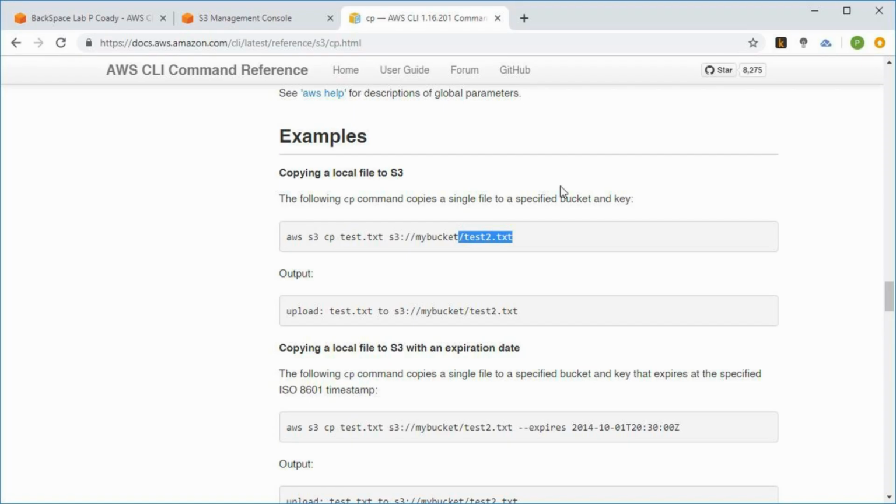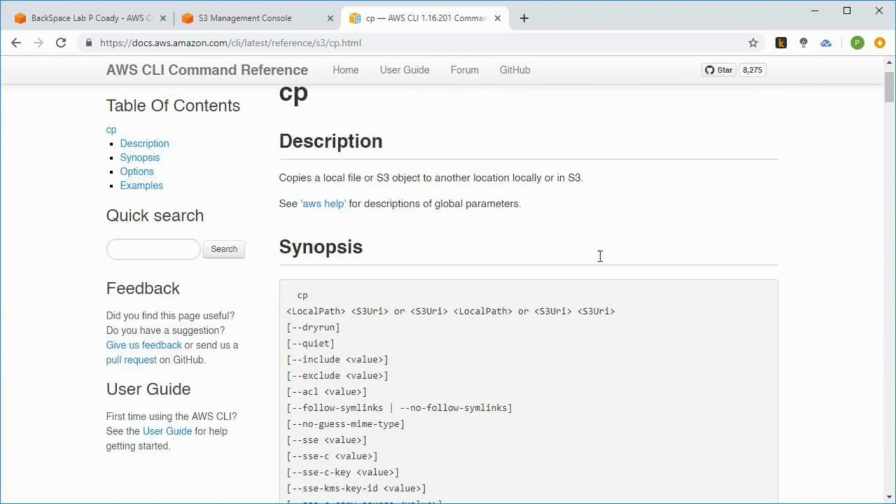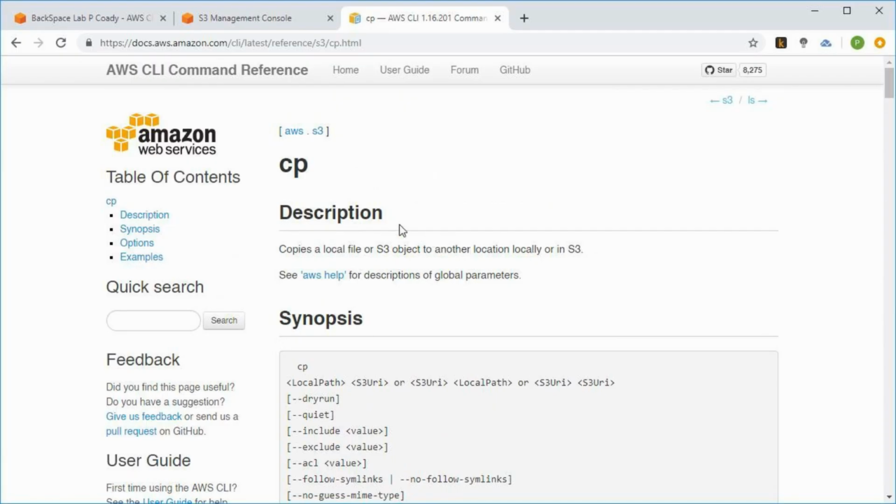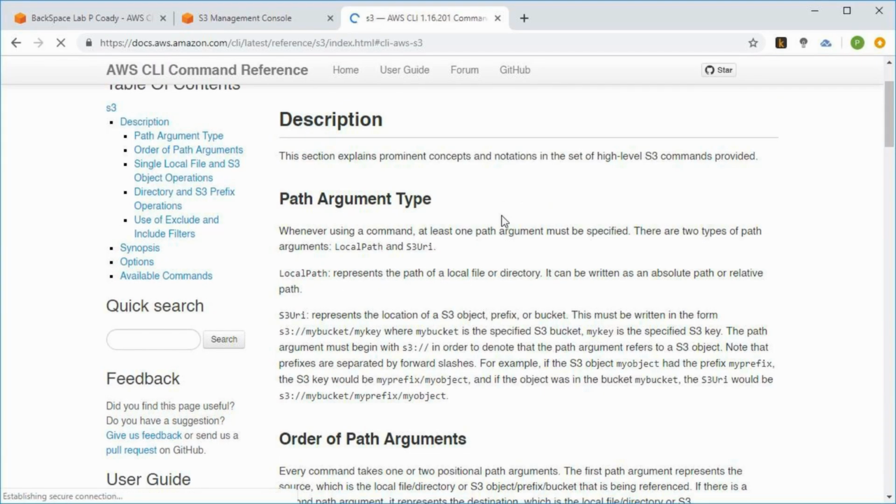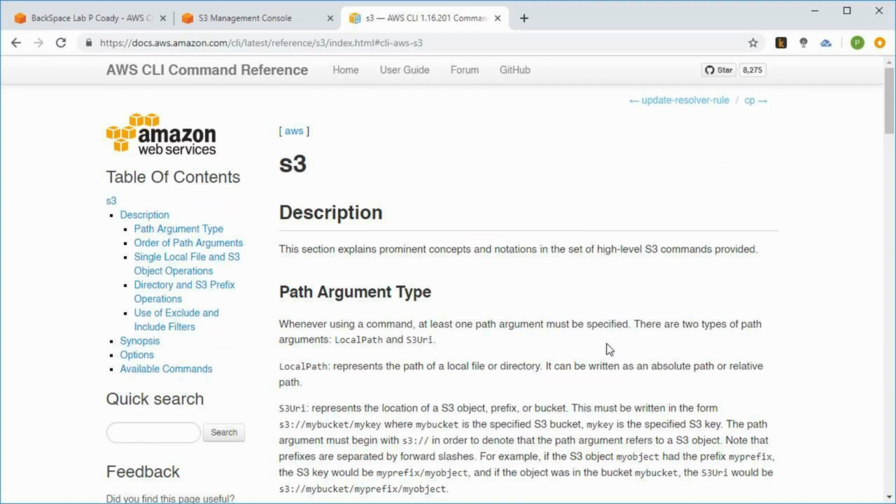So that's pretty well it as far as that S3 stuff goes. There's not really a lot to learn with that S3, but again, go to the documentation page and have a look at it and see if you can play around with some of these different sorts of commands, and you'll find it is quite a powerful thing to use. So that brings us to the end of the lab.